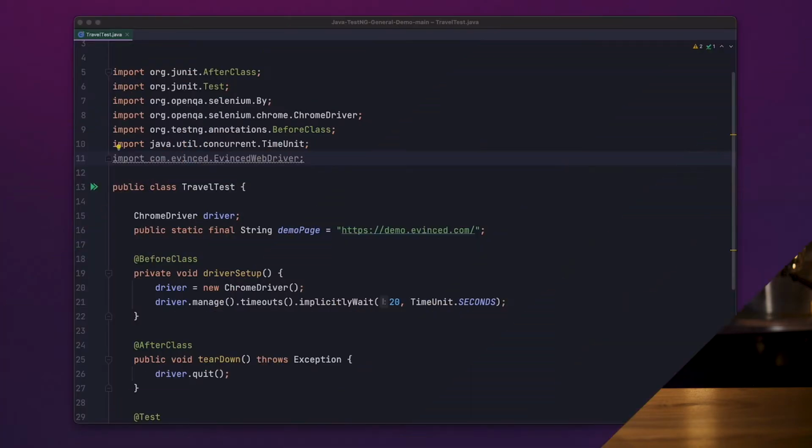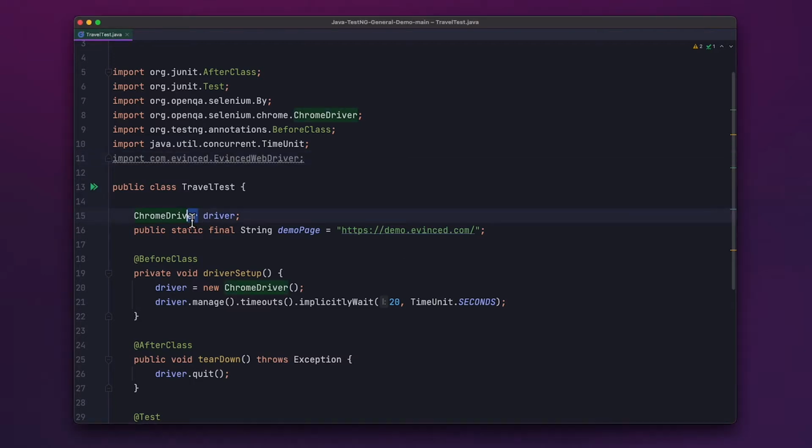So for this example, we're going to use the version of our automation SDK that's designed for Selenium. I'm also going to assume that you've already installed it as a Gradle or Maven dependency, though if you haven't and you want to follow along, I'll put a link to the instructions in our developer docs in the description below. Let's head to the computer.